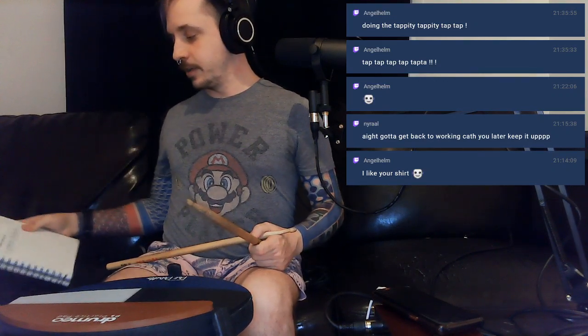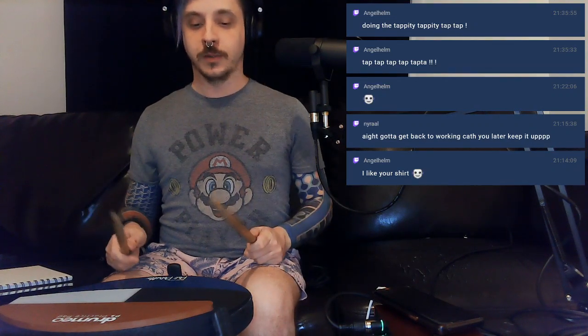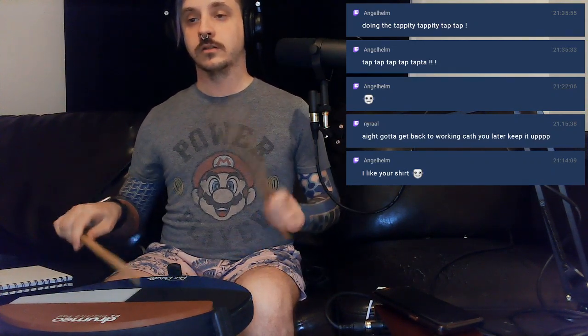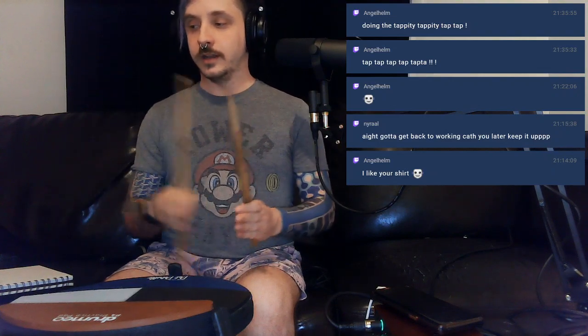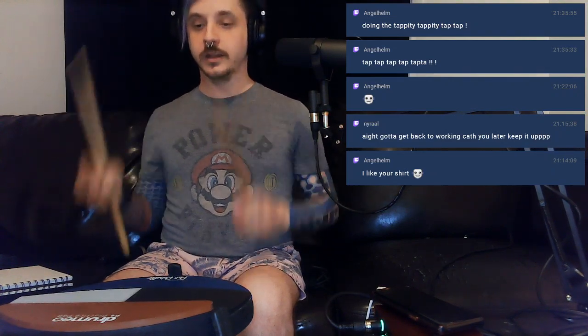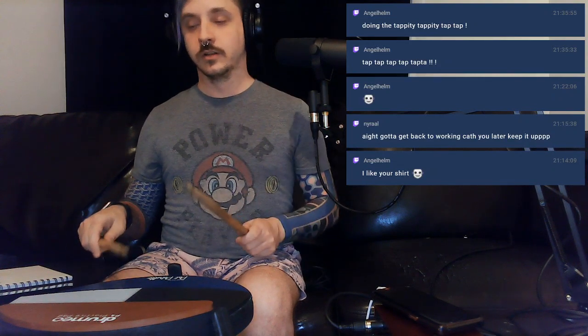Alright, let's see if I can get all the way through, at least on one, going from the paradiddles into the paradiddle-diddles. So right, left, right, right, left. Alright, so that's one way through. That is one sticking. Now, if I were to do it again, it would alternate the sticking to the other hand. So it would be this. So left, right. Alright, coming back in on the right to restart it all over again.